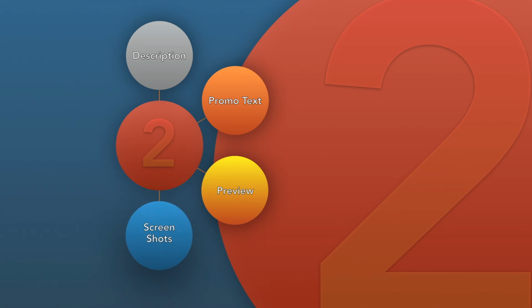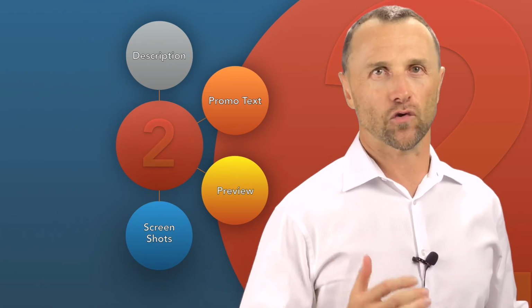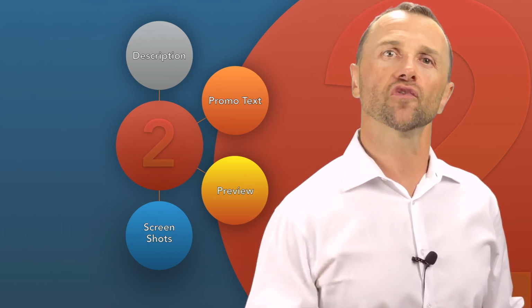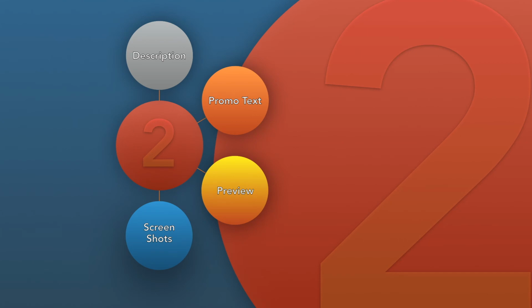4. Screenshots. Use images captured from your app's UI to visually communicate your app's user experience. You can feature up to 10 screenshots. Focus each subsequent screenshot on a main benefit or feature so that you will fully convey your app's value. 5. What's new? When you update your app, you can use the What's New to communicate changes to users. This text appears on your product page and on the Updates tab.